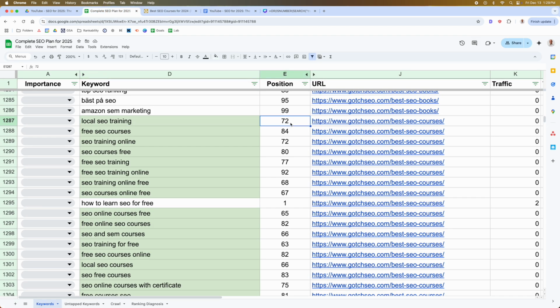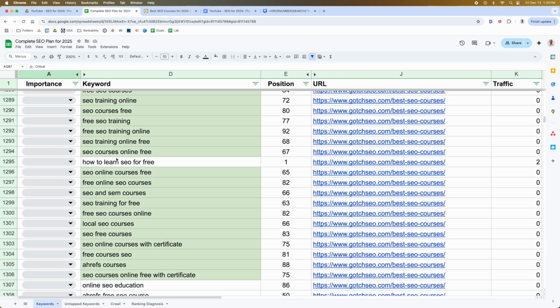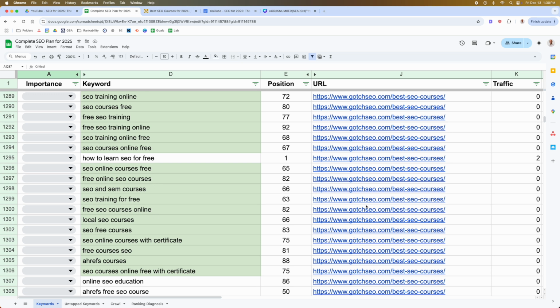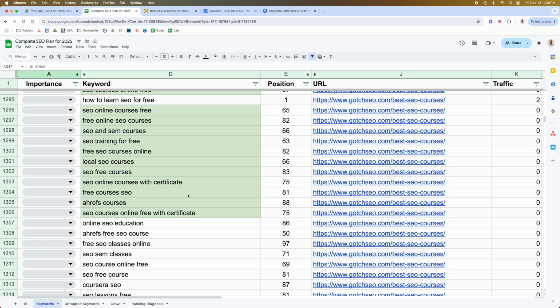It's position number 72. So I know for sure that for this one keyword phrase, I can build out a dedicated page specifically for local SEO training. This aligns really well with the core thing that I sell, so it would definitely fall under that critical category, but I don't have an existing page for it. So we're going to have to build a new page. And so what I do is continue to look at these ideas that are directly related to this important URL and see if there is anything here we can build out new content for to build more support